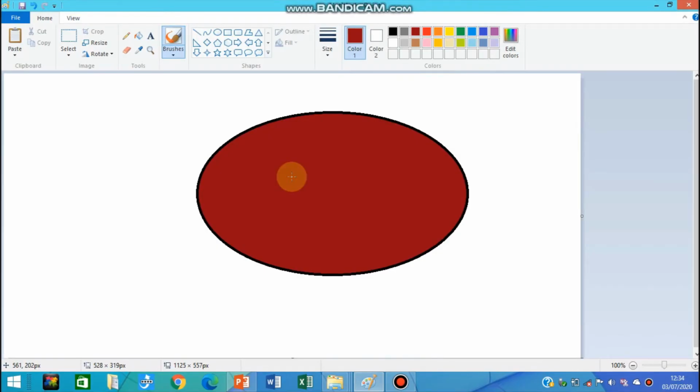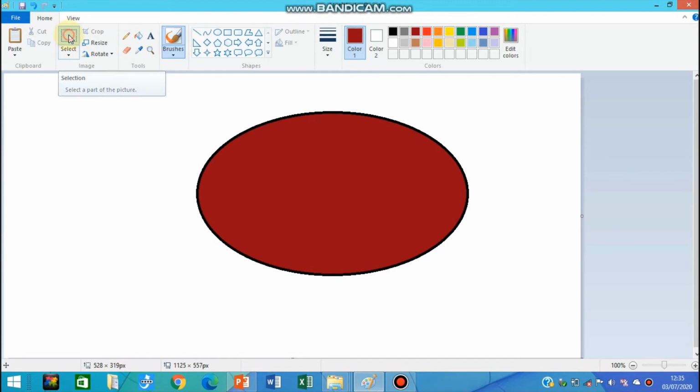Now we are going to see how to use the undo and repeat commands. The undo command is used to reverse the last action performed, and the repeat command is used to reverse the effect of the undo command. You will understand it as you see it practically. This is the drawing that I have created already. Now on this, let me perform an action. Any action you can perform, and I am using the action of cut.